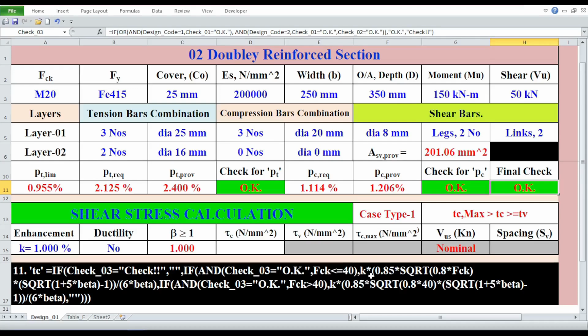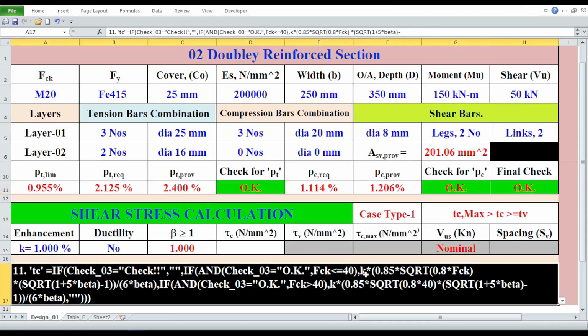The formula is K multiplied by 0.85 multiplied by square root of 0.8 multiplied by FCK, multiplied by square root of 1 plus 5 multiplied by beta, minus 1, divided by 6 multiplied by beta. Here, K is the enhancement factor for design shear stress,